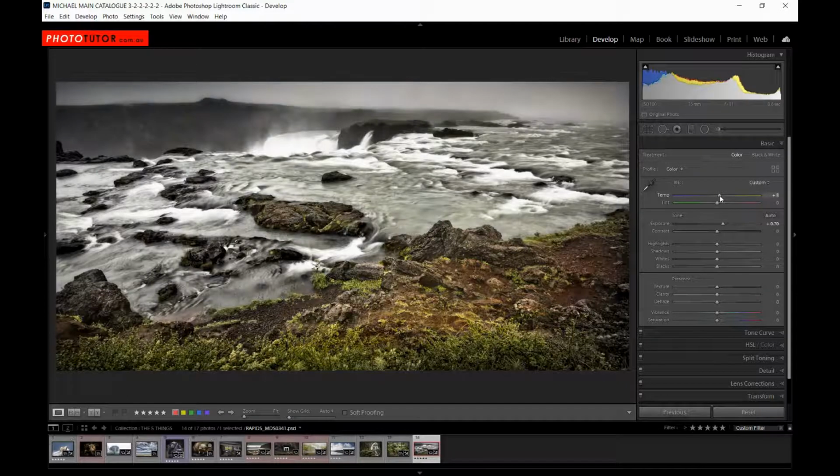And even by just then warming the image up a little more, it takes away some of the threatening feeling of the image, or by cooling it down, it makes it feel much more cold and uninviting. So color temperature on its own can make a dramatic effect to an image. And let's have a look at one more example, and that is of